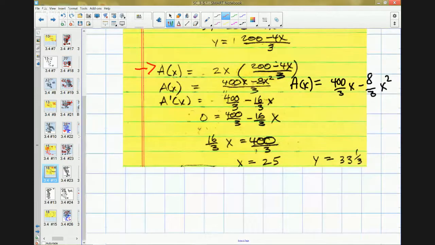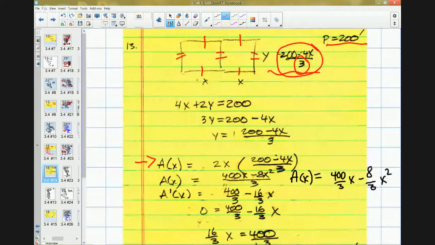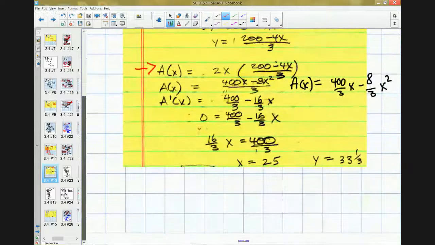So what's the area of the rectangle? Length times width. Do you see why I called it 2x? Because the length has x in there twice. So it's 2x times that new height, that new y we just came up with. So there's the expression of our area,